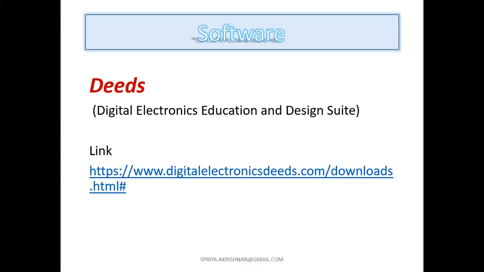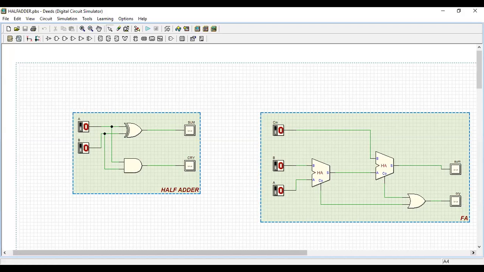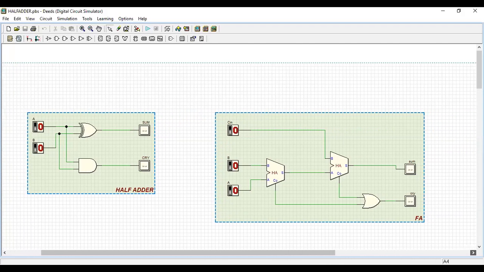Yes. And in yesterday's class, I took you into combinational circuits, designing combinational circuits. So what circuits did we discuss? We started from a simple circuit, the half adder. After the half adder, we discussed the full adder, and that is the full adder using two half adders. I'll also take you to the DEEDS platform itself so that you can easily recall what we have discussed. We discussed this simple half adder using basic gates.